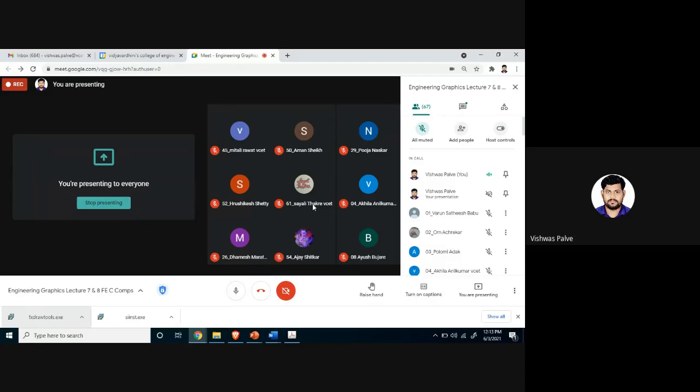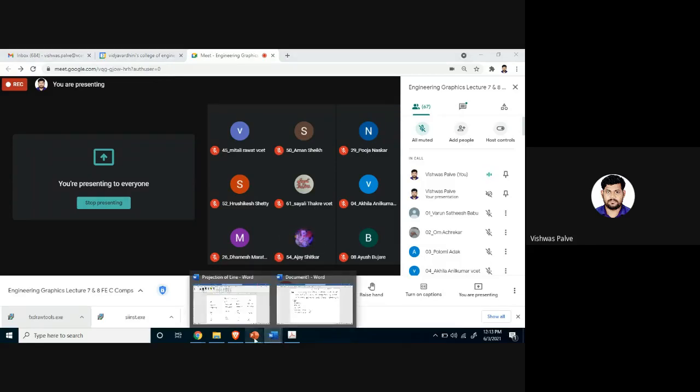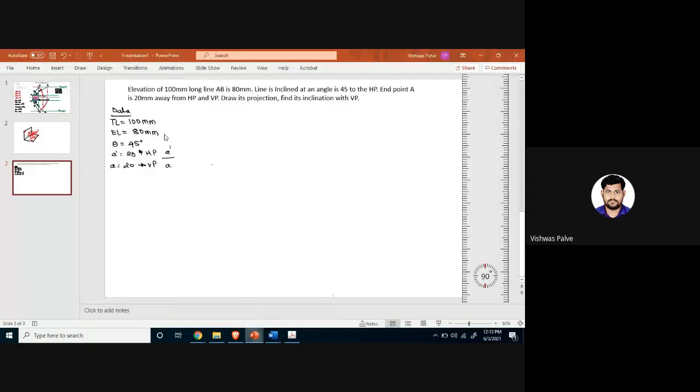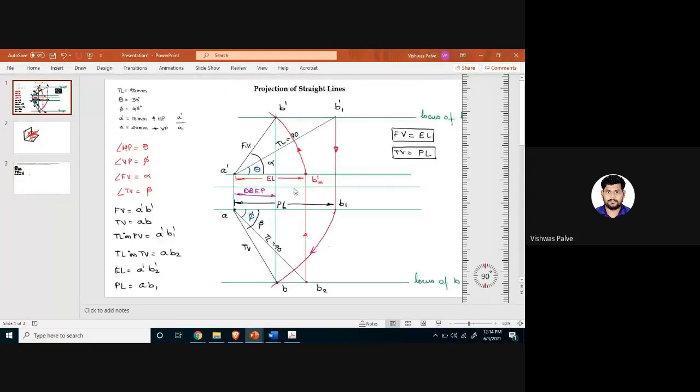Okay, and one more thing, even if I give the solution, let us consider that you have the problem with you. Okay, and I'll say that yes, this is the solution for the problem, draw it. You won't be able to draw because you don't know from where to start. Okay, that is the specialty of this subject, that you have to attend the lectures, you have to draw it. Unless and until you practice it, you won't be able to draw.